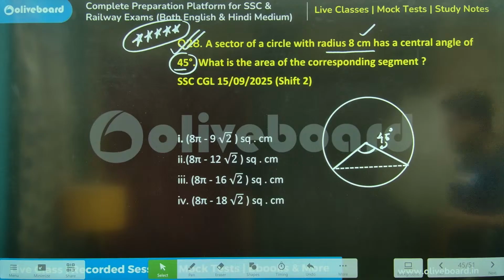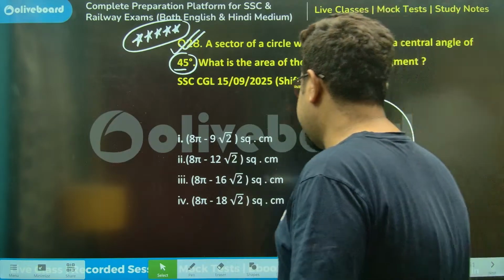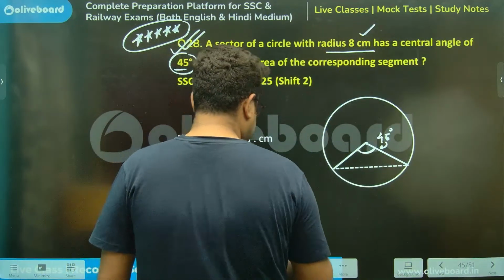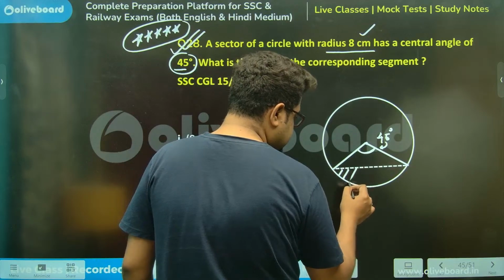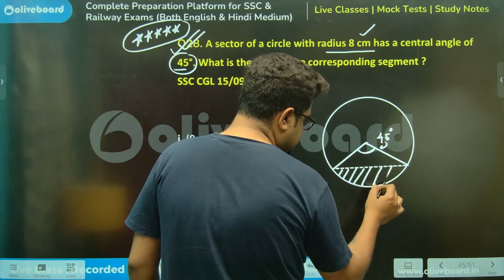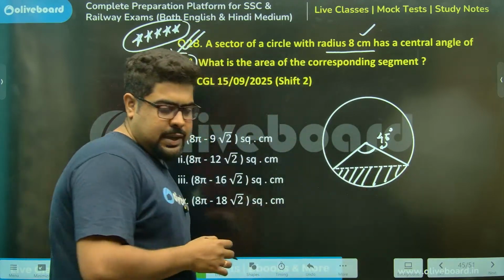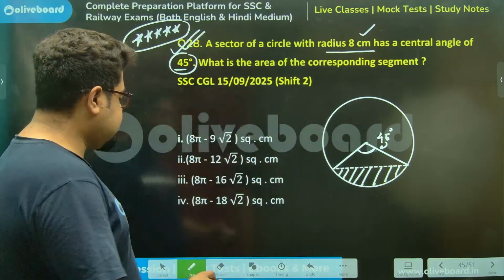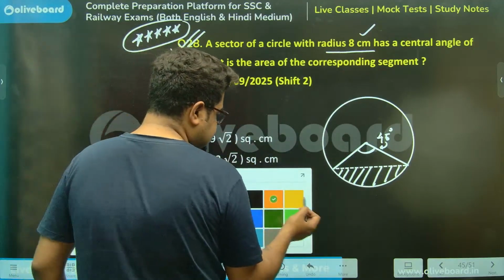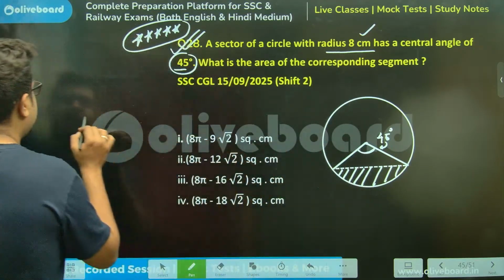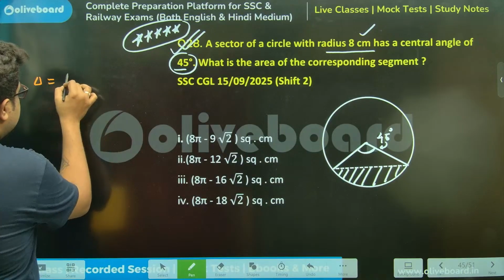Okay. Now, segment meaning, sir. They're asking us to find this area. How can I find this? Visually, can I say, sir? This area, delta, will be the area of the sector